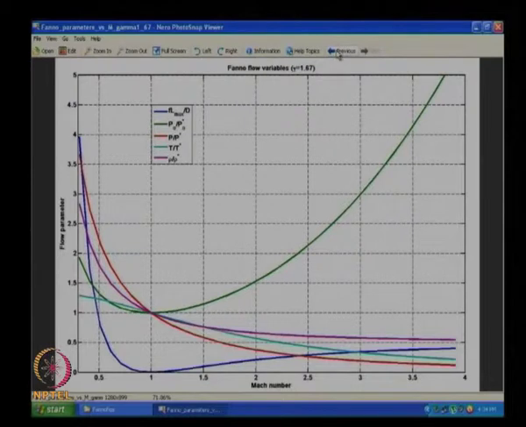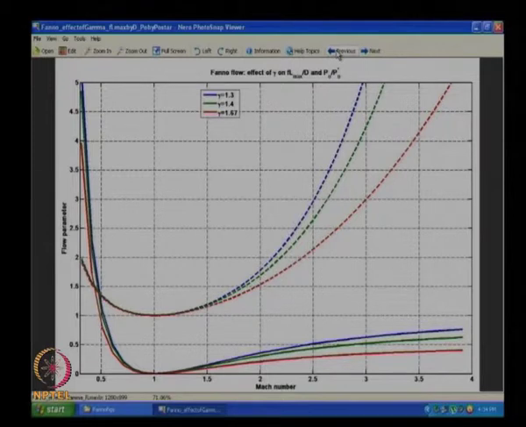It is not very nice to look at these plots in this particular way, so I have plotted them together for various gamma values. I have plotted 4 FL star by D as one set of curves, and P naught by P naught star as another set of curves. Blue is the highest compressibility, that is lowest gamma, and red is the lowest compressibility, highest gamma. Of course I told you gamma is not directly related to compressibility, it is only a factor. Always remember that gamma is not the only thing that decides compressibility, but it is one of the serious parameters which describes compressibility.